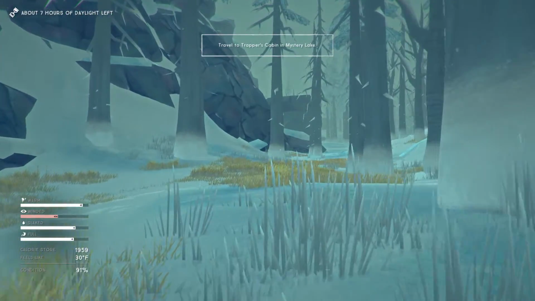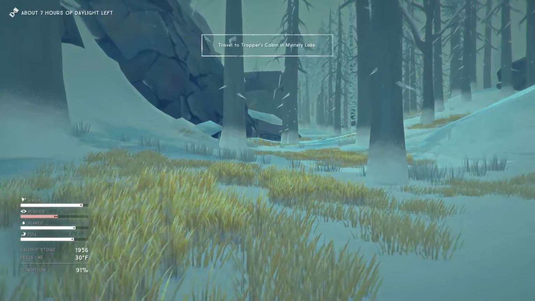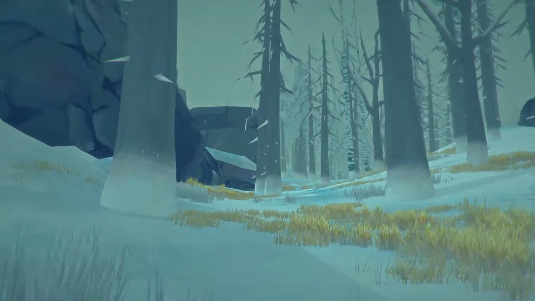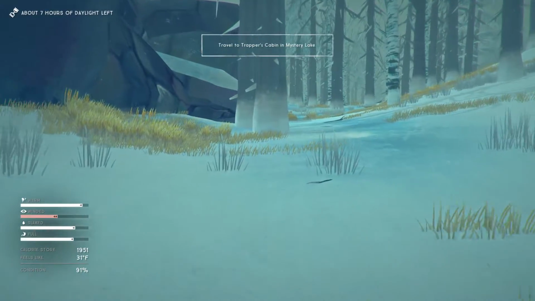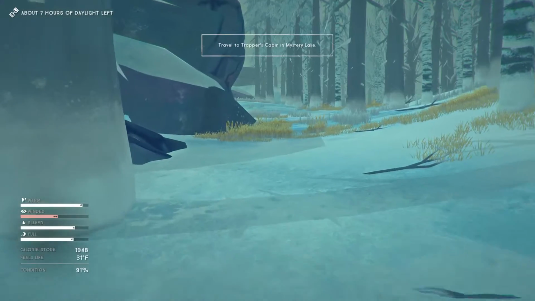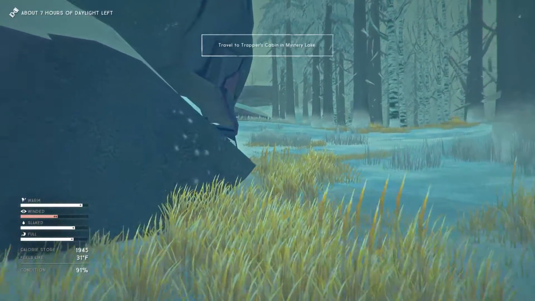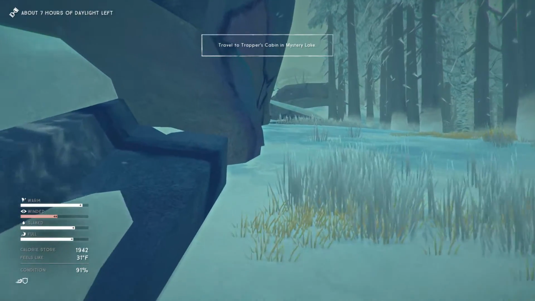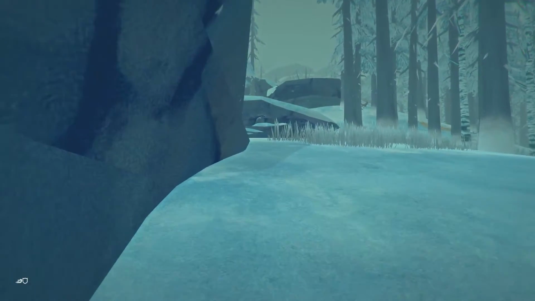Alright, 7 hours daylight left. If the weather clears, I think I might make a run for it. If we step into Mystery Lake and I start to see sunlight, and I don't see any wind or snow, because right now it's actually close to 32 degrees, which for those of you not used to reading Fahrenheit, that is the freezing point. So 32 or above, that warmth meter is not dropping. So if the weather improves past this point, I will be in a really good spot to just beeline for the damn